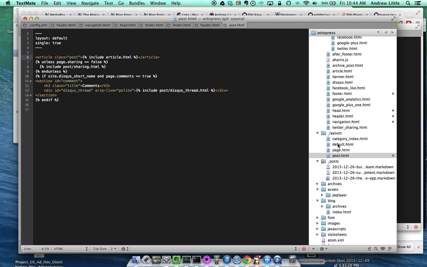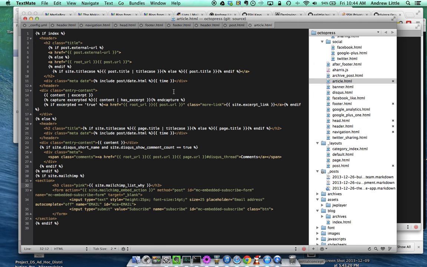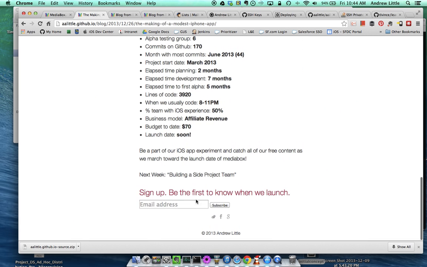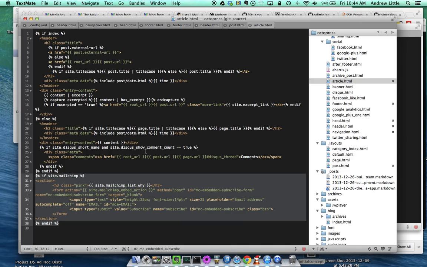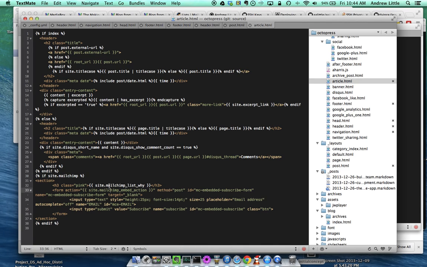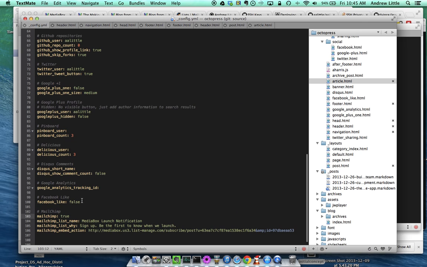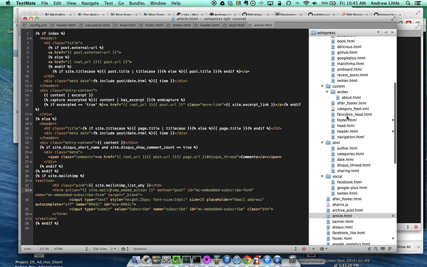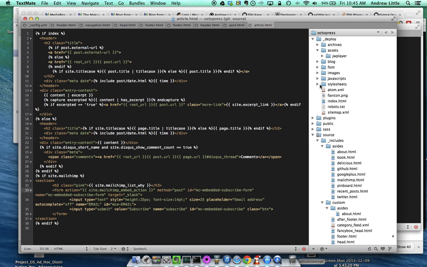Layout, so this is a post itself. I think up here though is where the article is defined. So here I actually did add in my own stuff, which is again from that Mailchimp integration. I just grabbed this snippet of code and dropped it in at the end of an article, so that at the end of every single article I'm going to have my Mailchimp integration. So I've got that. It's pulling the Mailchimp list ID, which was that thing that I added in the config. So that's a little bit of the configuration that I did, and then there's some CSS that you might want to play around with as well